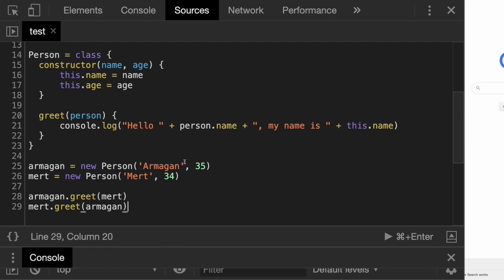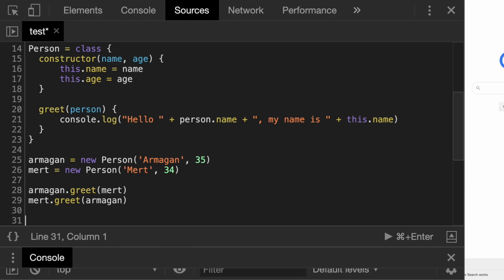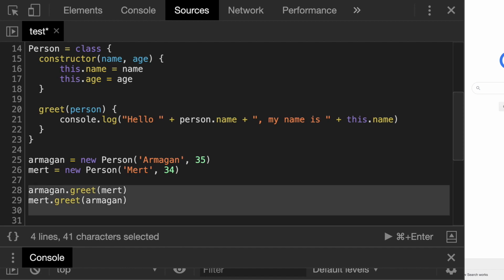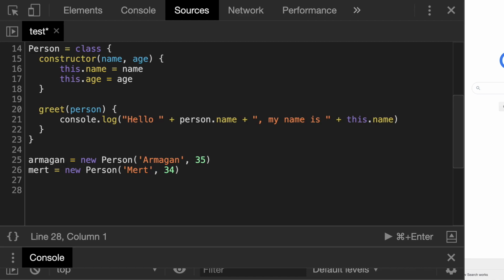So meetups will have attendees, and there's going to be a networking activity between the attendees, right? Maybe if we have enough time, we can also add a function for that. So I'm just going to go and currently delete Arman greet and Mac greet Arman thing. I'm going to create a new class, and the way I do it, in order to avoid this error, is